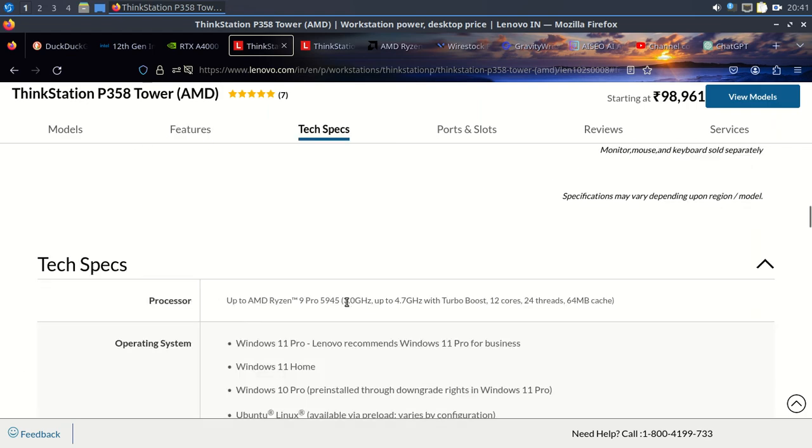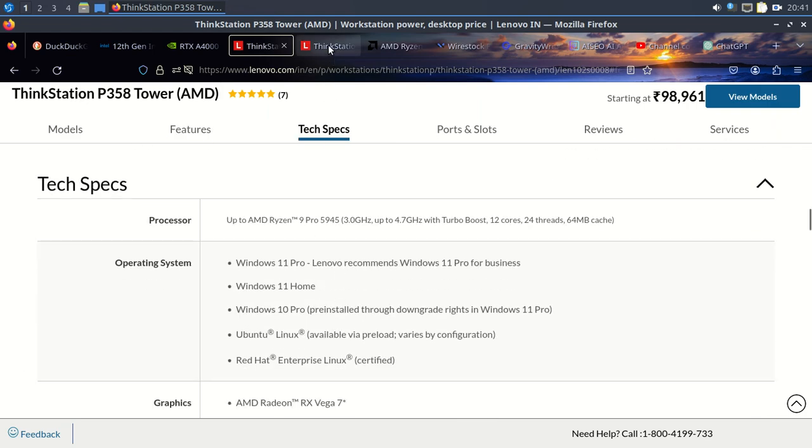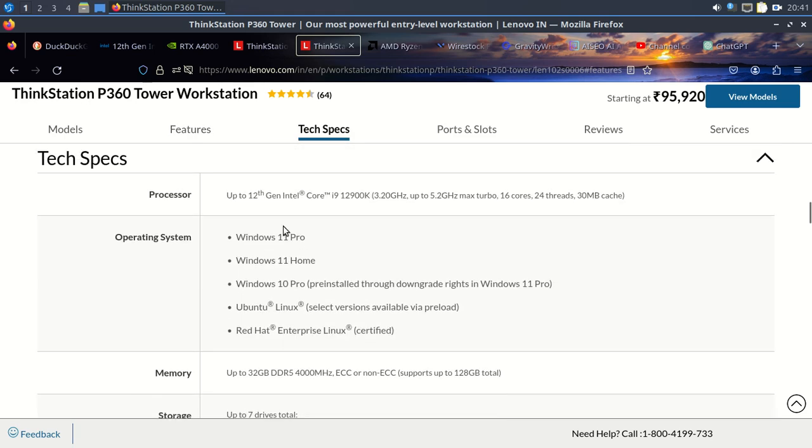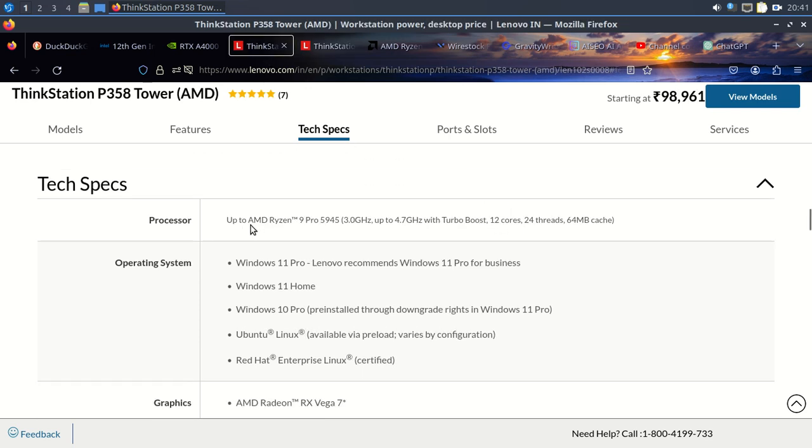reliability, durability, processor. You can see here the processor. I already scrolled it down. You can see here the P36 workstation has a 12th generation Core i9 processor, 16 core, and it is up to Ryzen 9 Pro. You can see here the 9 Pro